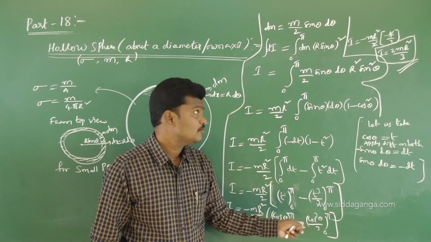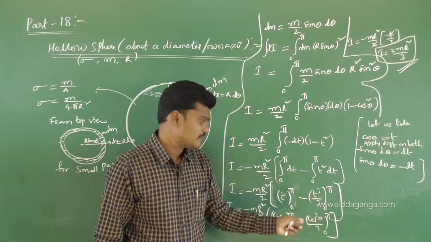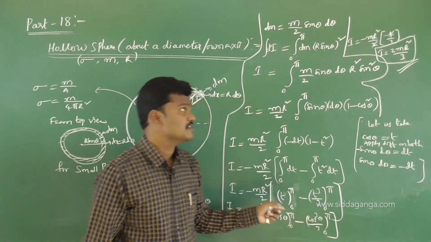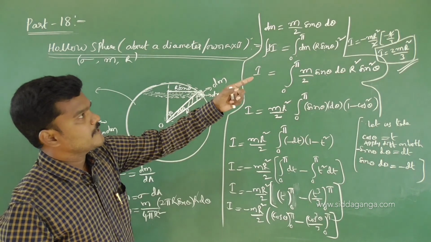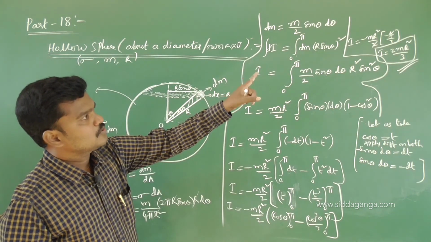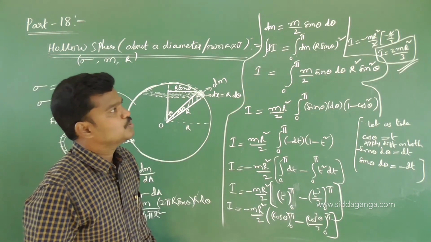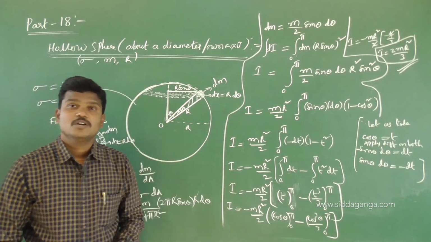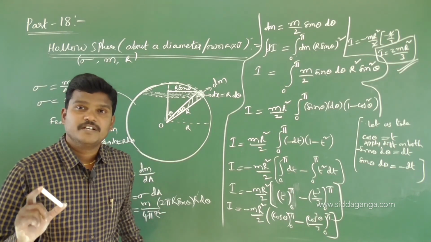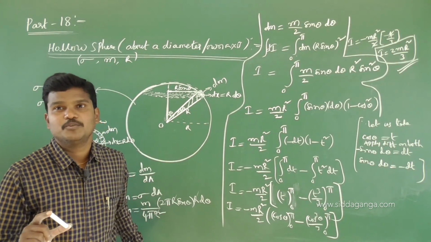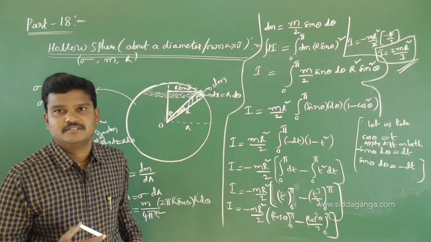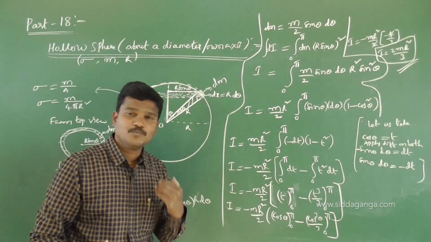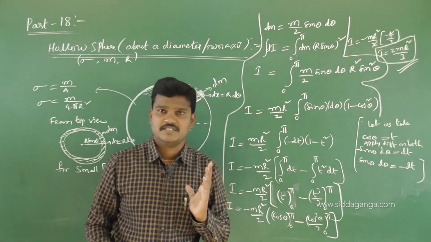So, finally, you will get overall minus 4 by 3 inside the brackets. Check these calculations, and I taken minus 4 by 3, minus into minus plus. So, 2 2s are, finally I got 2 mr square by 3. So, what is that 2 mr square by 3? Moment of inertia of a hollow sphere about an axis or about its own axis. Okay, whatever the line passing through center, that will give own axis, and of course that will give diametrical axis.